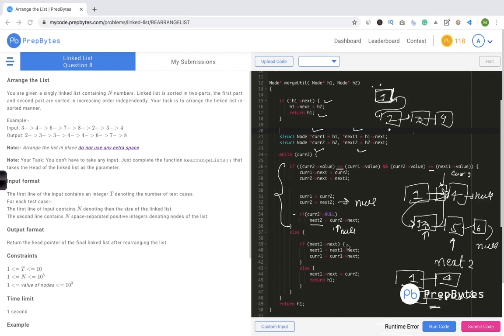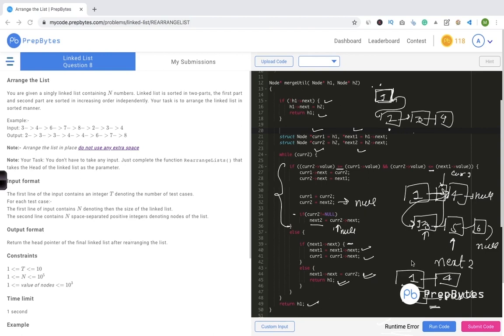Now going ahead, we check if there is a next element that exists in list 1. If yes, we simply update our next1 to next1.next, and we update our cur1 to cur1.next. Else, if we have come to the end of list 1 and we have elements remaining in list 2, we simply append all the elements of list 2 at the end of list 1, and we return the head from here. Otherwise, we keep on doing these operations. After we come out of this loop, we return head from this place. Basically this is the head of the merged list.